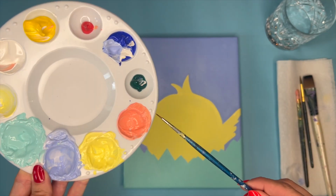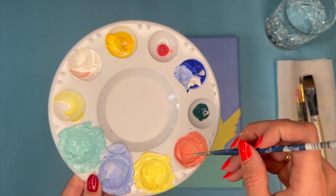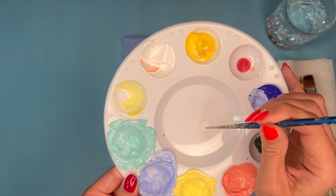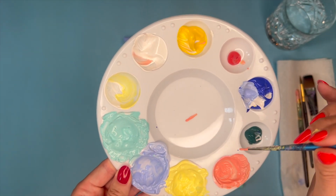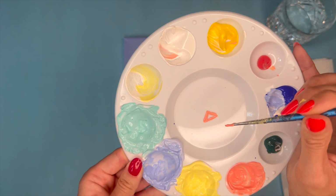I'm now picking up a tinier small brush. Now I'm just going to show you on my palette first what we're going to be doing. So what we're going to do is we're just going to do 2 triangles on top of each other. So I'm going to start by just doing a line like this. And the first triangle is going to go up. And then the other triangle